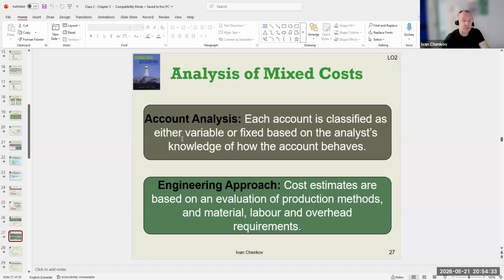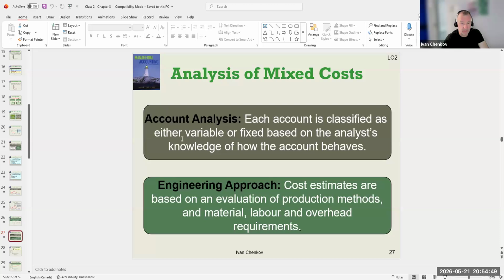Who's going to tell us which cost is mixed cost? Which one is variable? Which one is fixed? Well, we have two approaches. One is the accounting analysis. The other one is the engineering approach. Engineering approach, where are we going to go? We're going to go to the